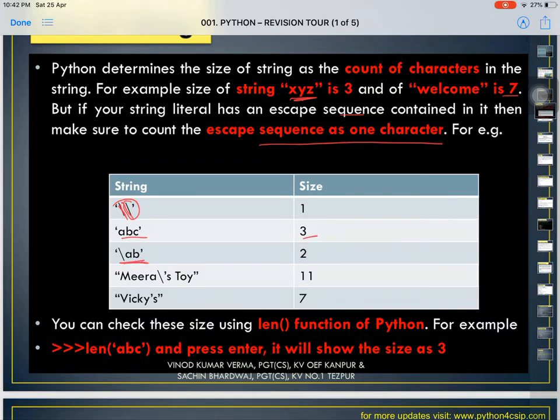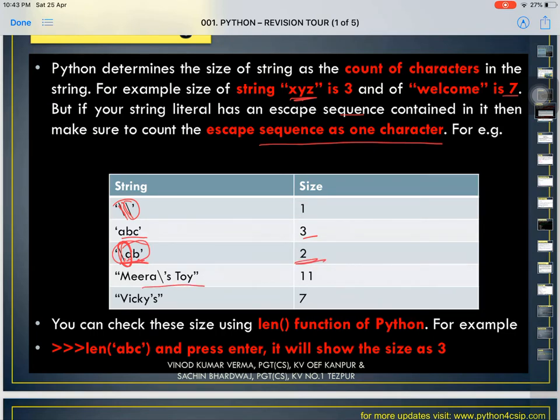AB. Now, though you can see that there are 3 characters, if I put the backslash in front of a, that means a will not be working as an alphabet, rather \a will become an escape sequence for alert. So, these two will be considered as 1 and b will be considered as 1. So, the size of this particular string would be 2.